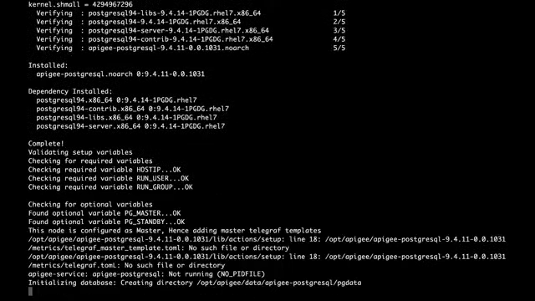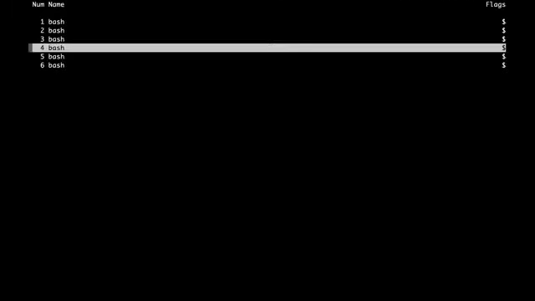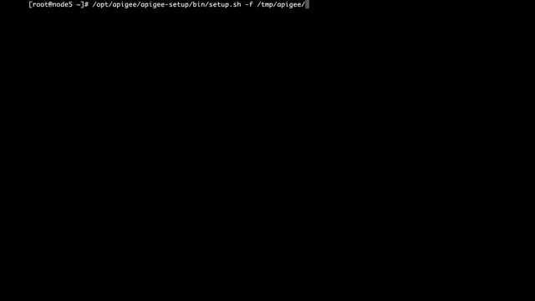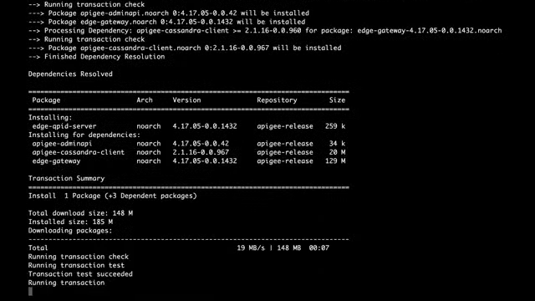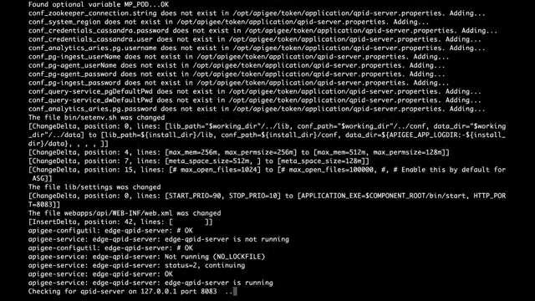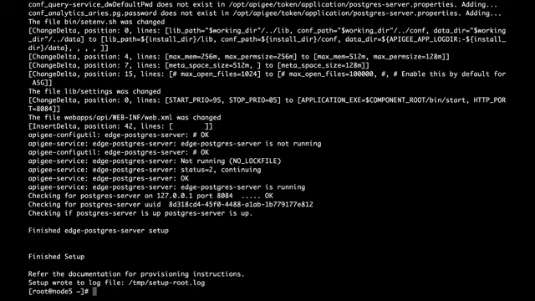With analytics finished on host 4, all that's left is host 5. And that's it. Edge profiles have been set up. All services except Developer Portal services are now configured and running.